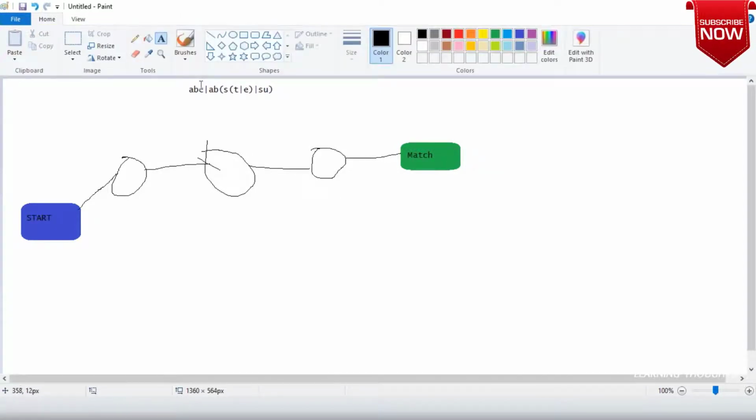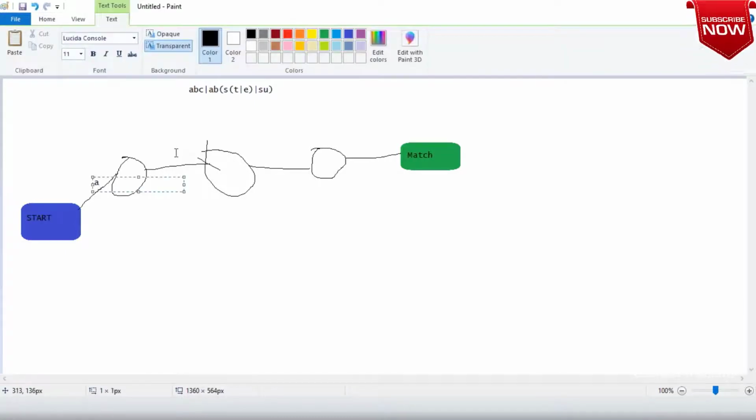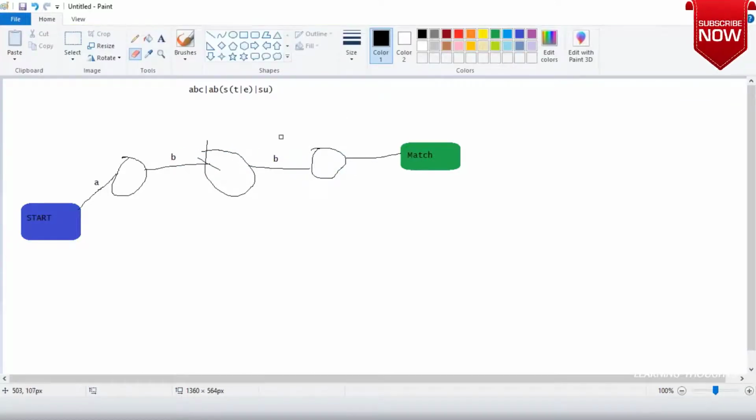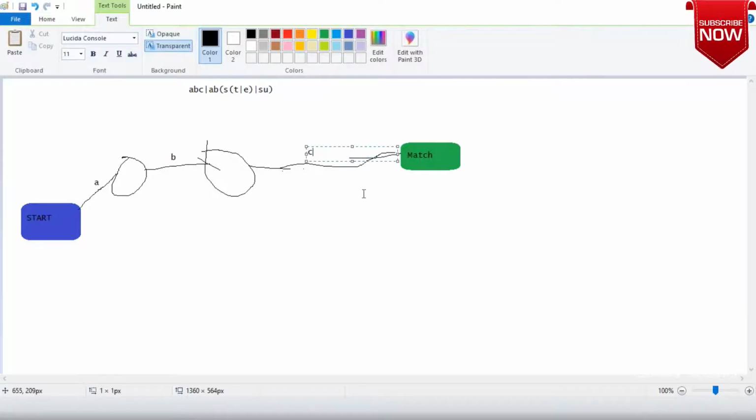So the first one is if A, B, C is found, then it is a match. So I'm writing A, B, and, oh, I have messed up over here. My bad. All right. A, B, and C is found. It is a match. Am I clear on this, sir?